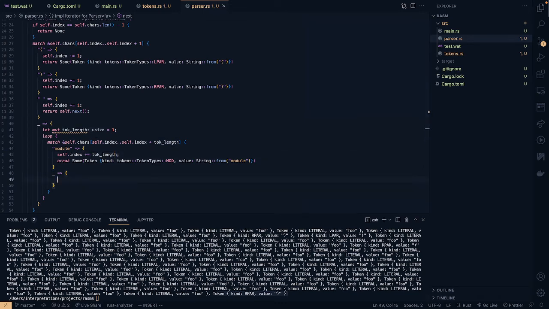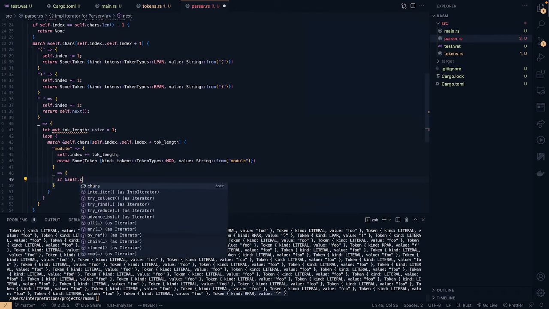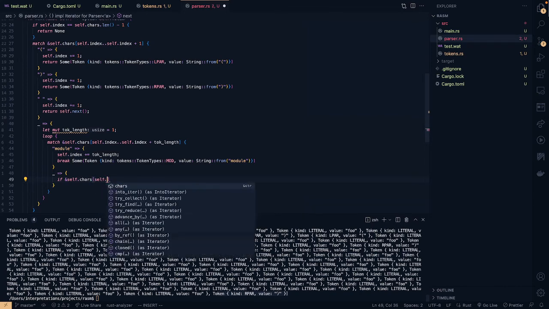This one is the more interesting one. So this would be like when we're currently, but if our token length starts off as 1, we move forward 1, and we have M, and then we'll end up going through our loop again. It's only MO, and then we'll go through our loop again, and our token length is 3, and then our match statement will be MOD, right? So we're going to basically keep iterating that way until